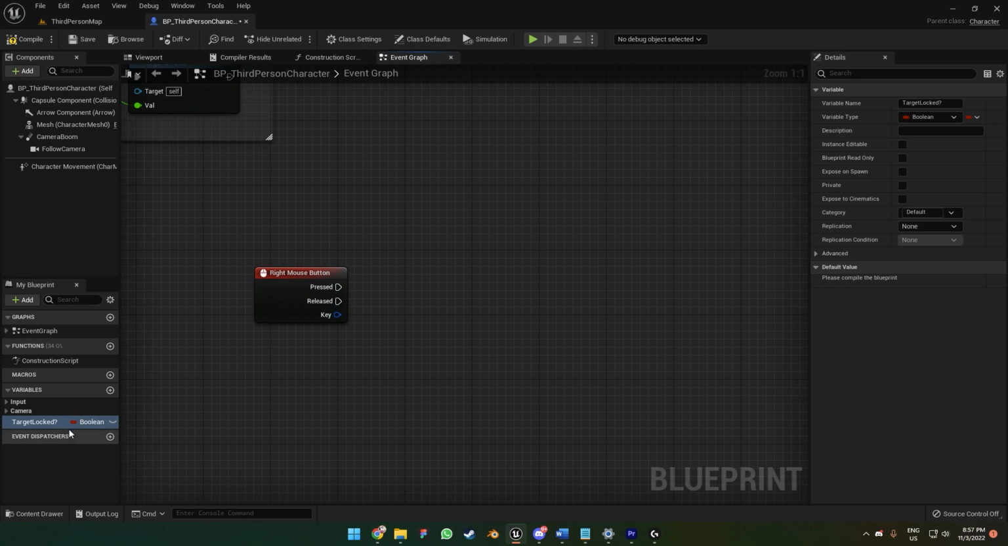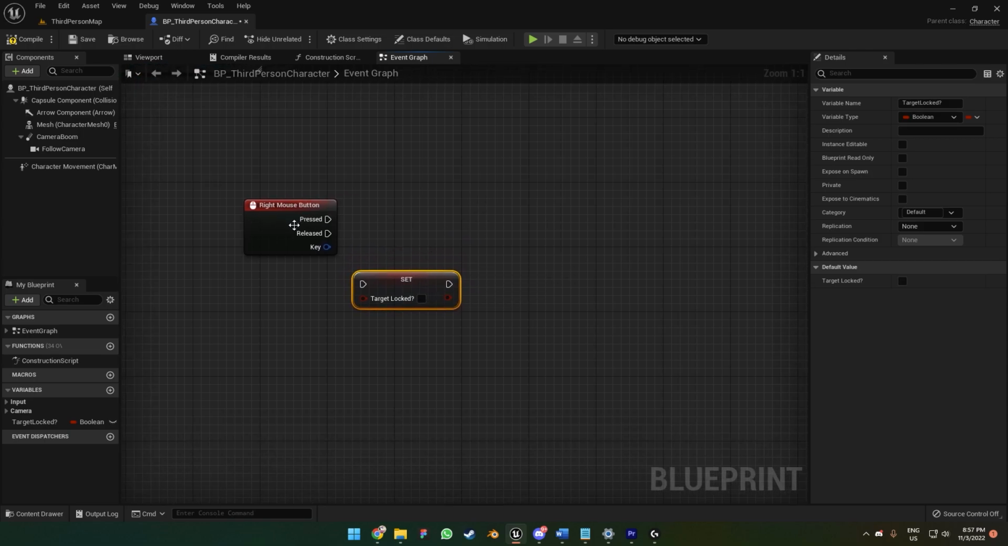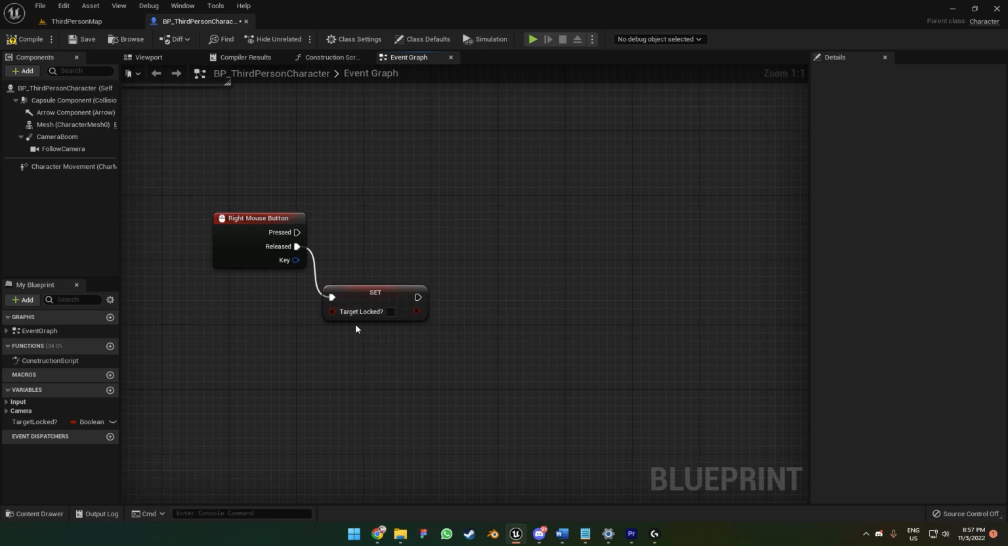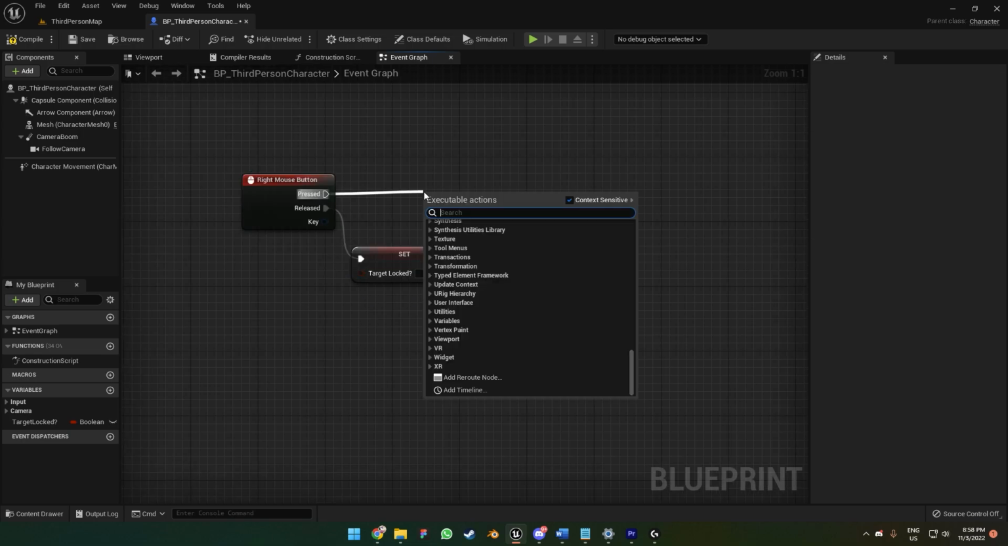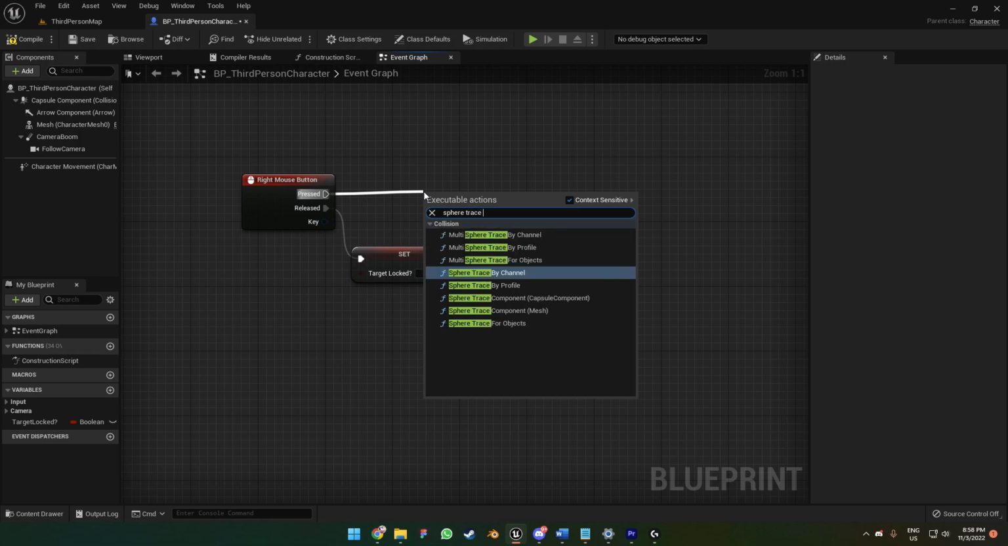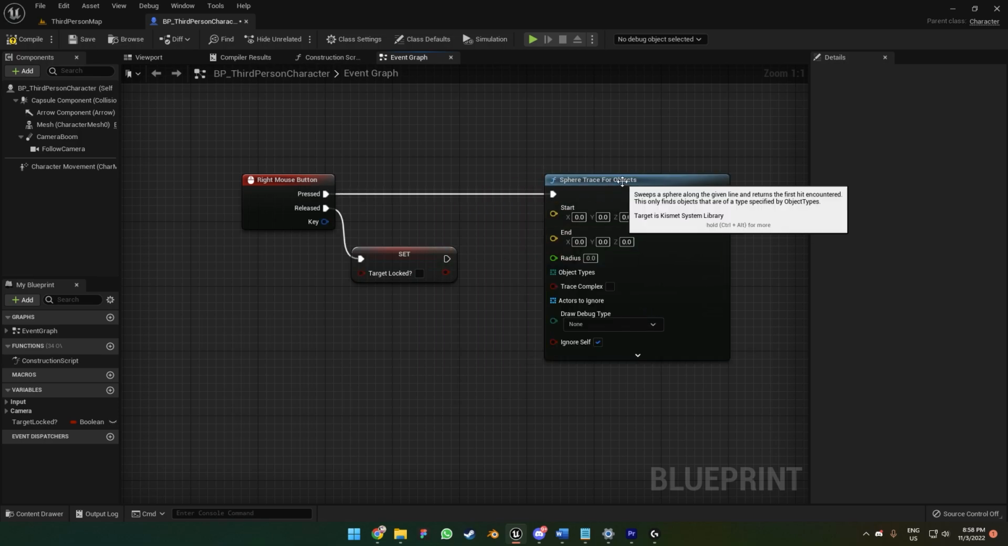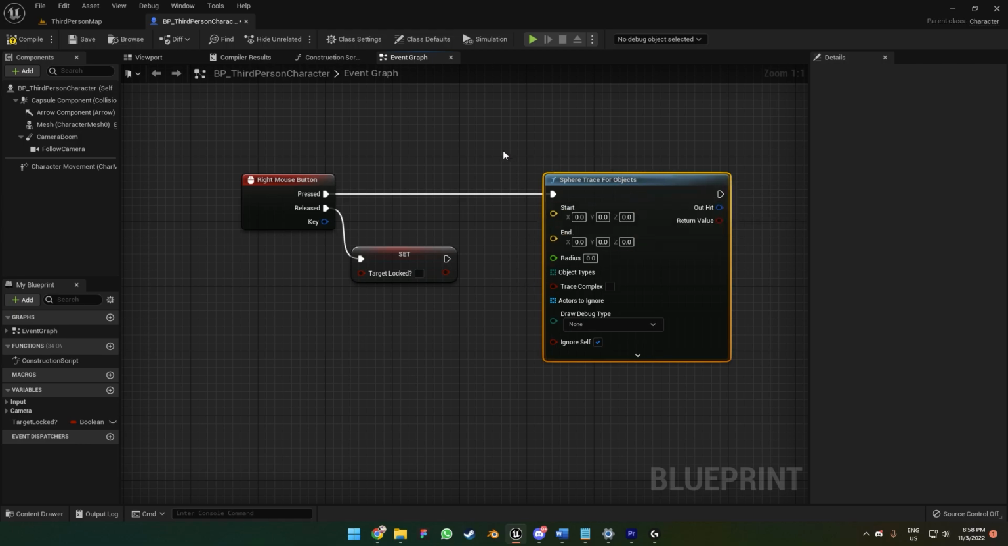So that's going to be our blueprint. Let's compile here so we can get the option. Drag and drop and set. Let's duplicate. No, let's just. So when we press release, we want to get the target unlocked. So when we press the button, we're going to want to get the sphere trace for objects. Of course, the bot is the object. So in this case here,